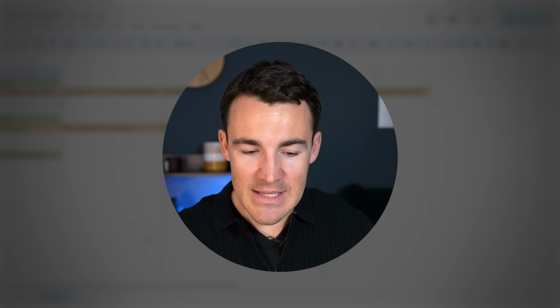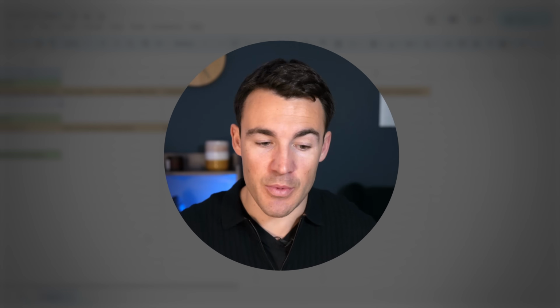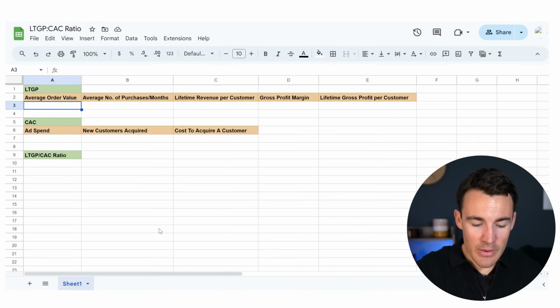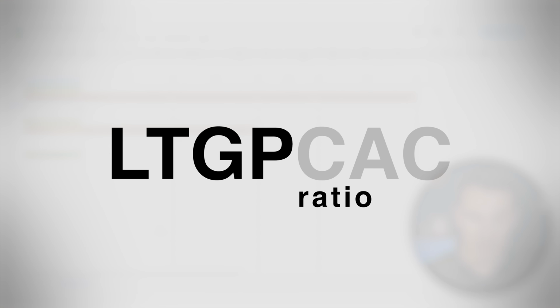Now, to make this as easy and straightforward as possible, I've got a spreadsheet here, and we're gonna go through the entire process. Don't be intimidated by this. The maths we're gonna do is very, very straightforward. We're calculating this metric, right? LTGP to CAC ratio. There's two component parts. We'll break those down. We'll start with the